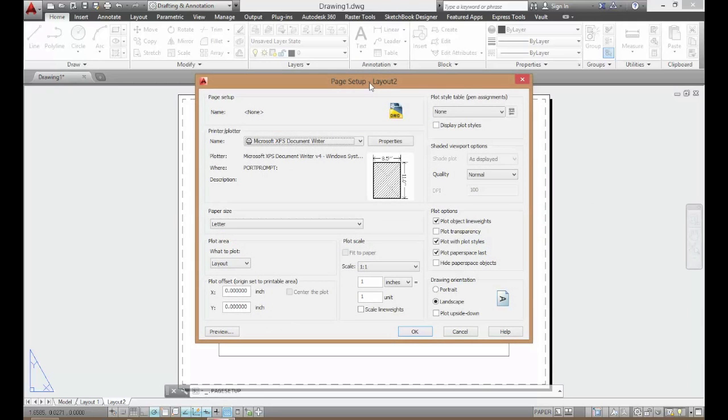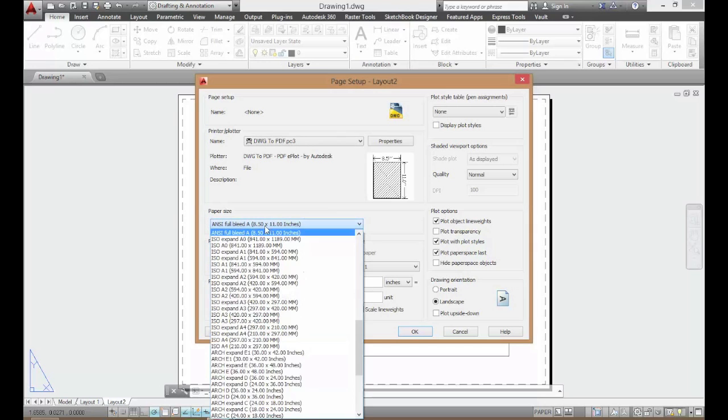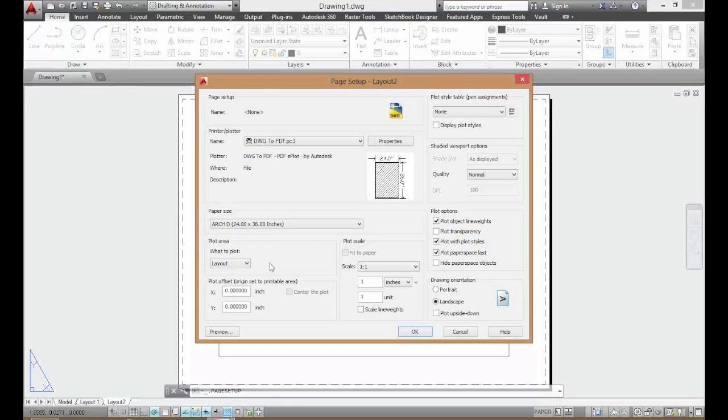Inside of here is the plot dialog box that we know and love. Here I'll change the plotter, and I'm going to change it to the Adobe PDF. You would probably change it to whatever plotter that you're using. So I changed it to that, and now I'm going to change the paper size to 24 by 36. I'll check to make sure I'm plotting the layout, because that'll give me what I see is what I get when I plot. I'll make sure that the plot scale is 1 to 1, and I'll make sure that my icon here shows me a hatch pattern throughout the whole paper. That shows me that my drawing orientation is correct. So I'll pick OK,